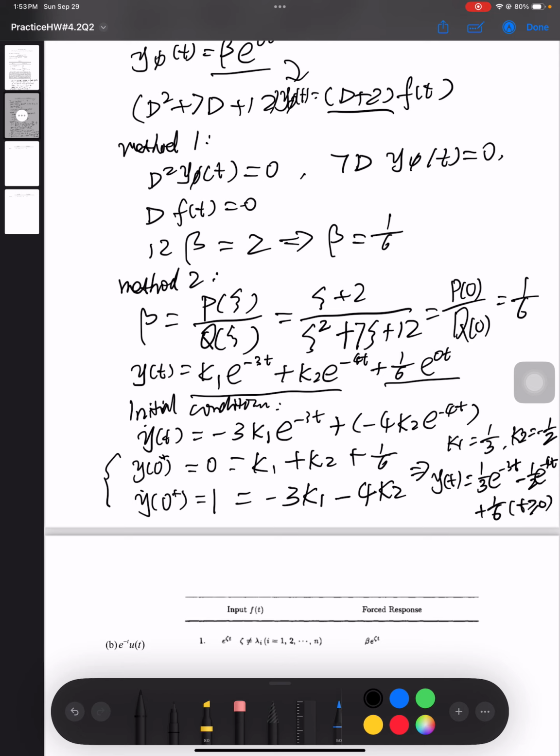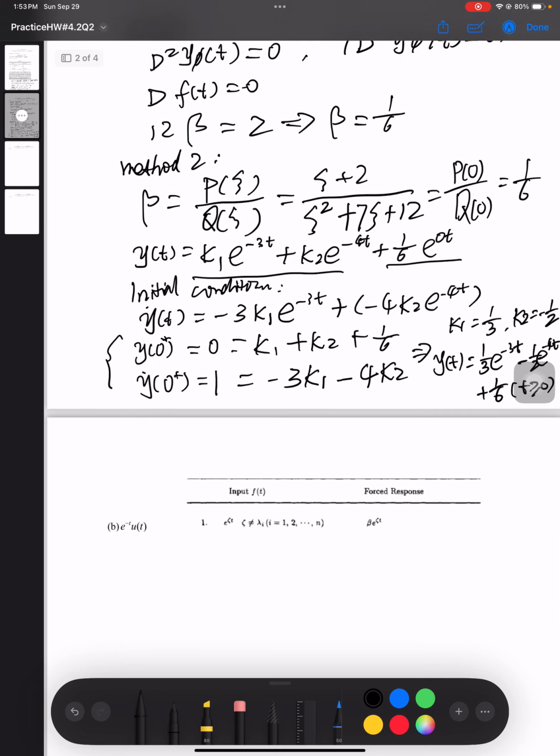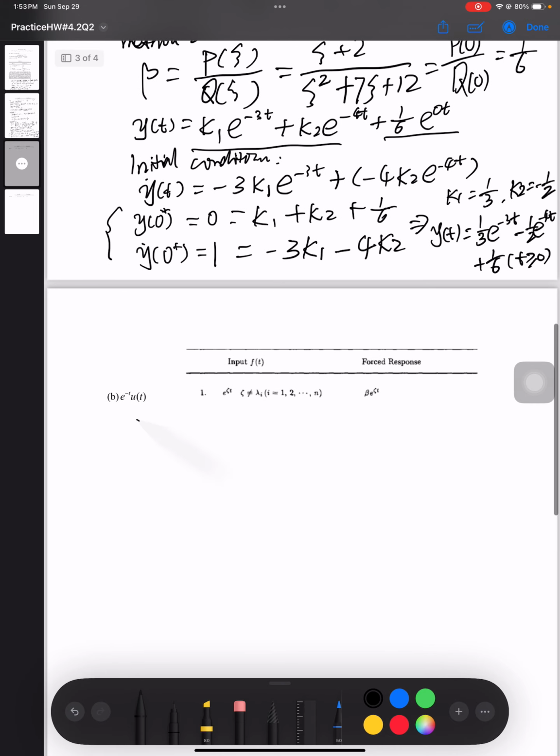So this is the final answer. And for the next one, f(t) equals e^(-t) u(t), similar to the last question. The only difference is